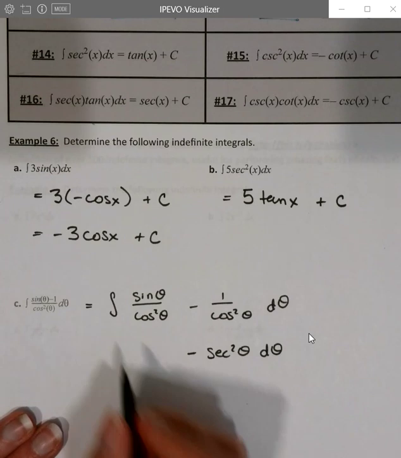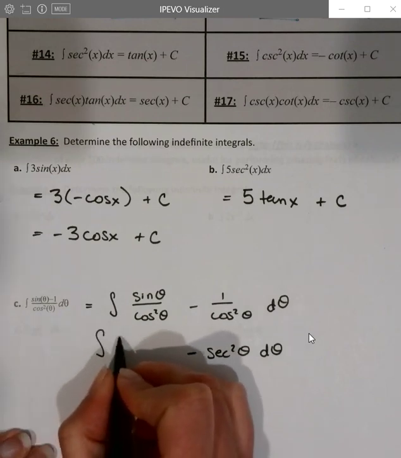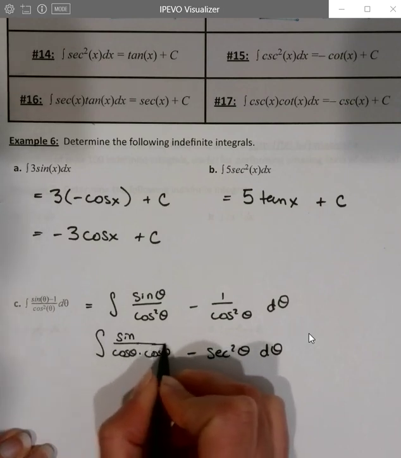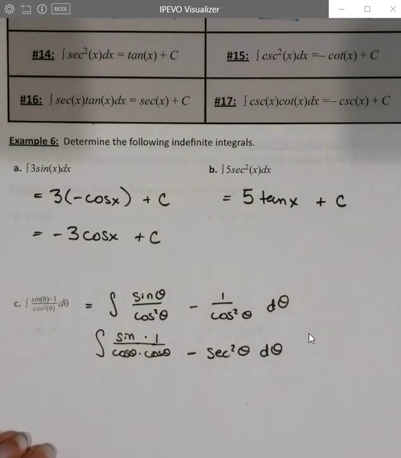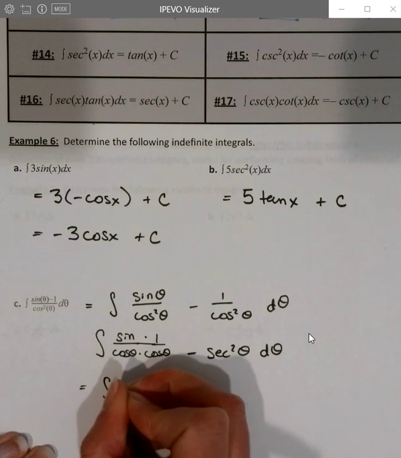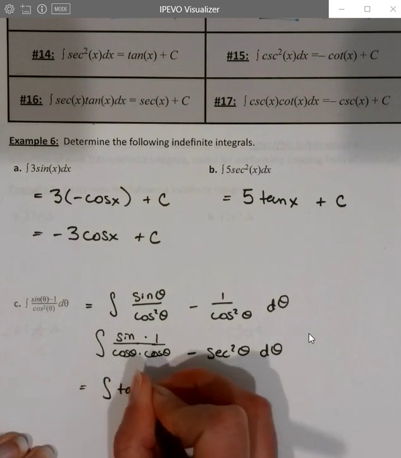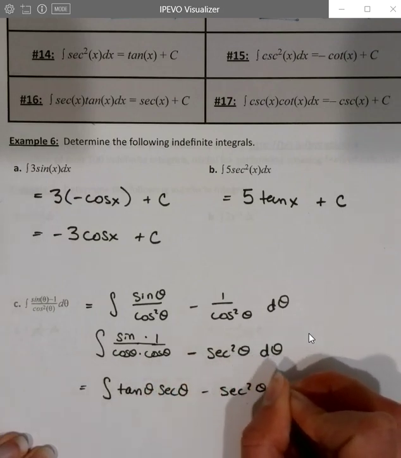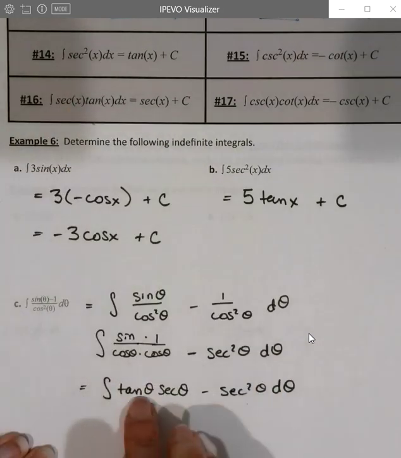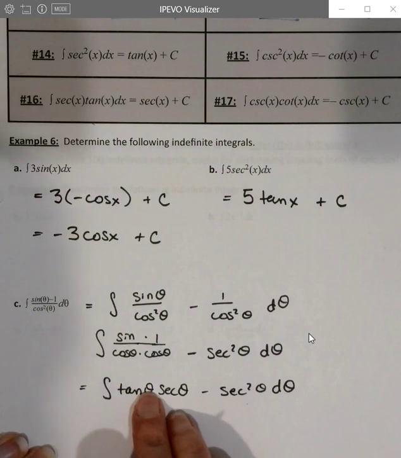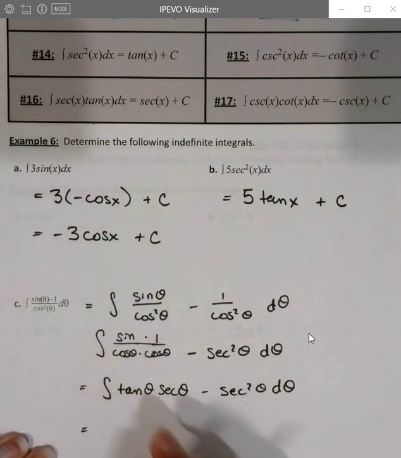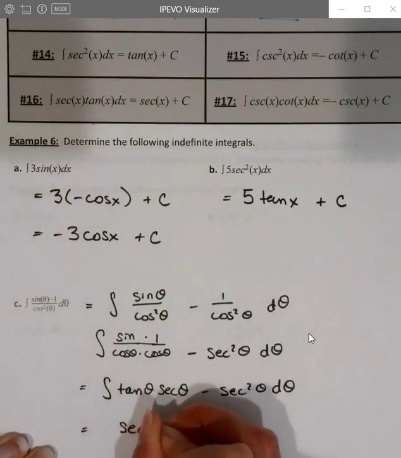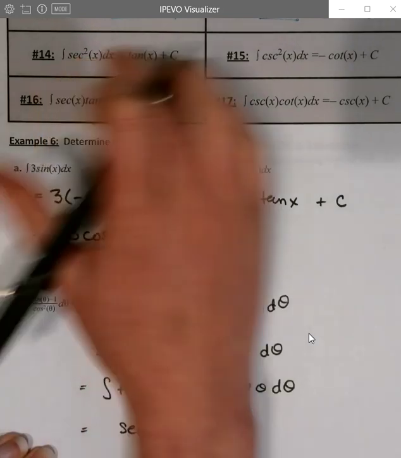Now I need to rewrite this one. And so I might want to separate this as first sine over cosine times cosine. And so I'm really thinking about this as being sine times 1 over cosine times cosine for the cosine squared. So I can get that separated into sine over cosine, which is tangent theta, and then 1 over cosine, which is secant theta, minus the secant squared theta. Because with rule 16, I can integrate the product of tangent and secant. So I need to get this rewritten into a form that I can do the antiderivative or the integral of. So the antiderivative of tangent times secant, or secant times tangent, is secant of theta. And the antiderivative of secant squared is tangent